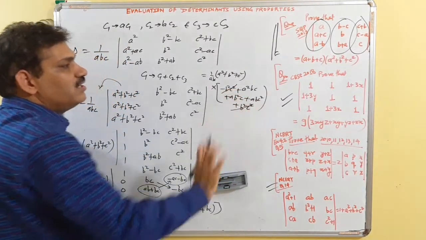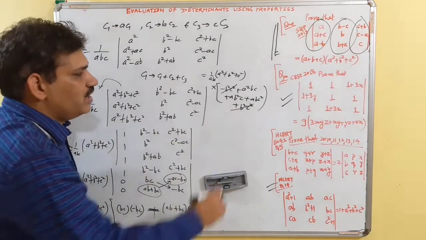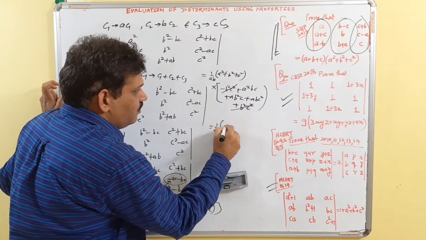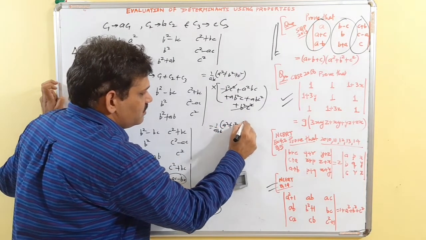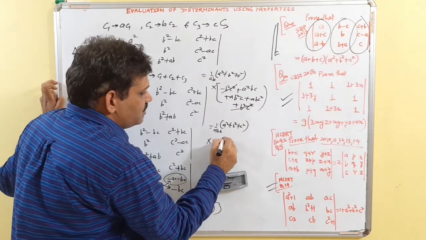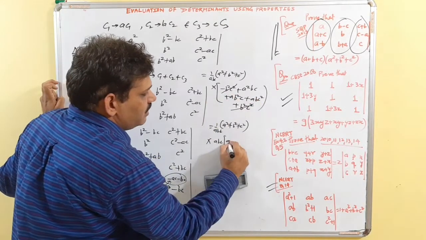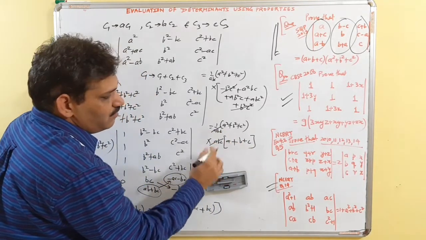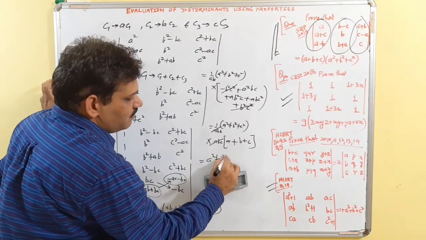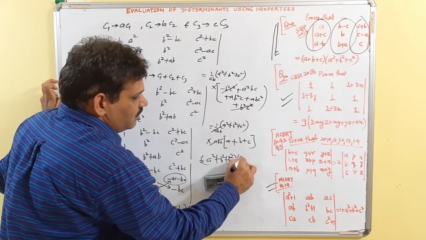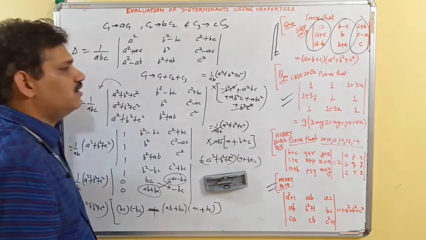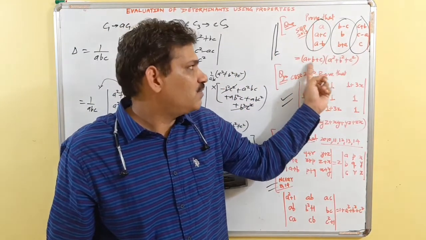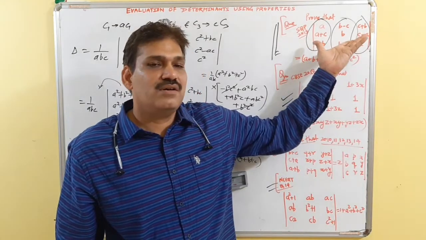So we are left with three terms. From all the three terms we have ABC common. So 1 upon ABC into A square plus B square plus C square into, when I take ABC common, this gives me A, this gives me B and this gives me C. This ABC will be cancelled by 1 upon ABC. So the answer is A square plus B square plus C square into A plus B plus C. This is how we do it. Apparently you cannot see A plus B plus C here or A square plus B square plus C square here.